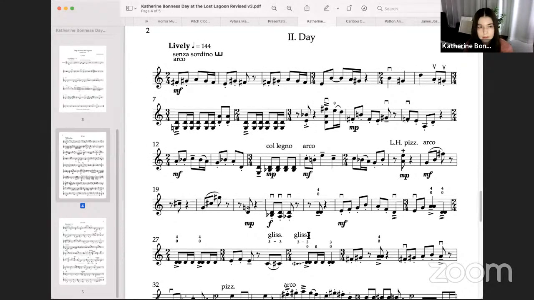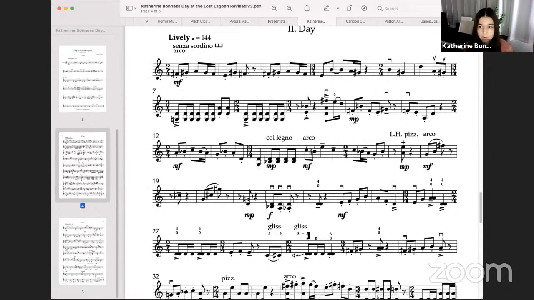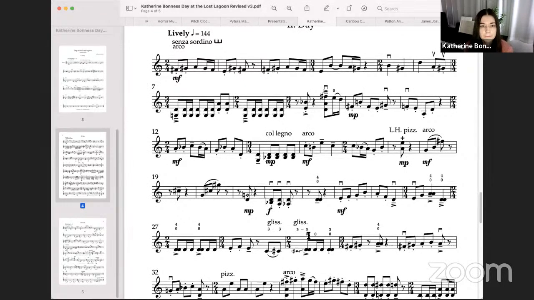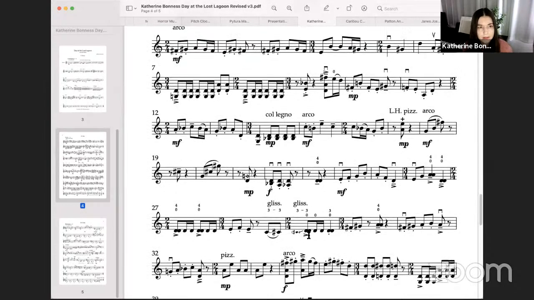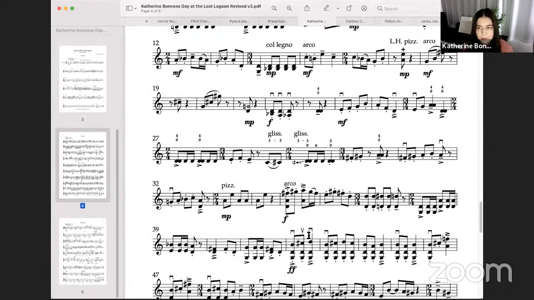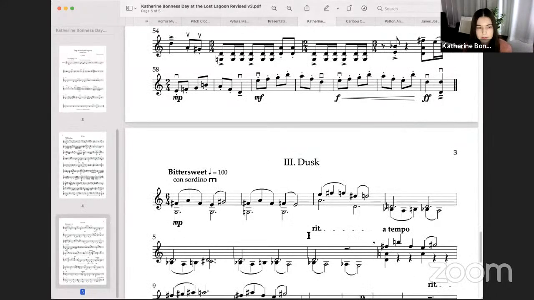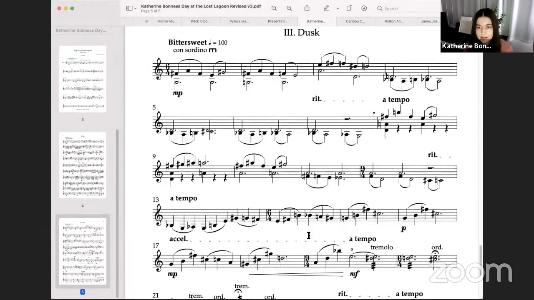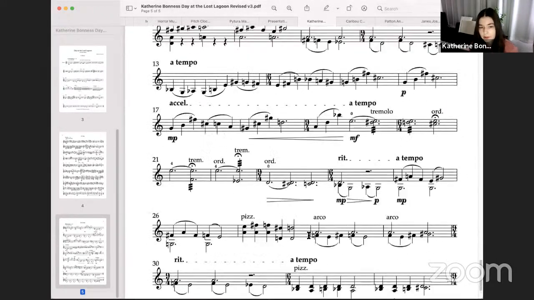The second movement kind of just occurred to me, so I just wrote it down, like it was just in my head. So I just wrote it down away from an instrument, and then I later went back and recorded that. And then the third movement was similar to the first one, where I came up with it on the violin, and then recorded on my phone, then transcribed it.